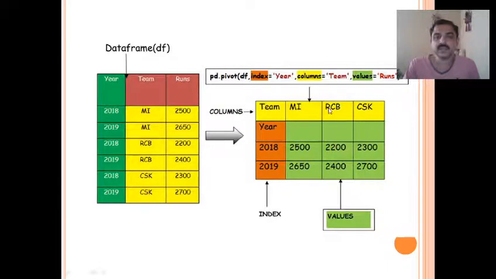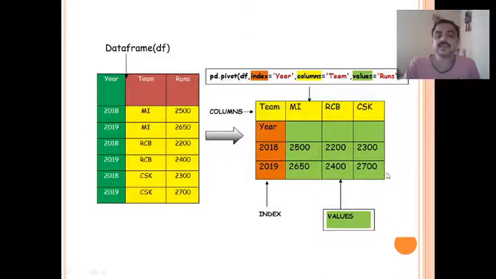Based on the teams, MI, RCB and CSK are given. What will be the values within these cells? That is the runs scored by these teams. Here you can see the Mumbai Indians' scores in 2018 and 2019. The same data that is in the data frame is rearranged and shown here.